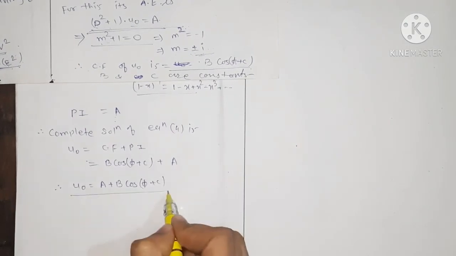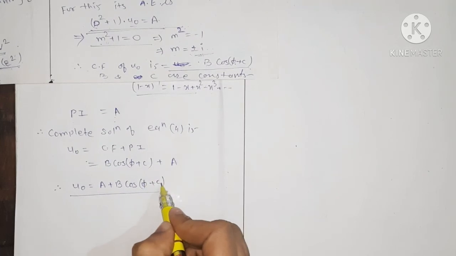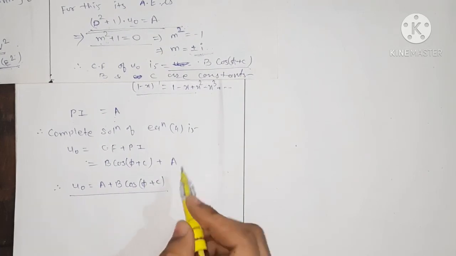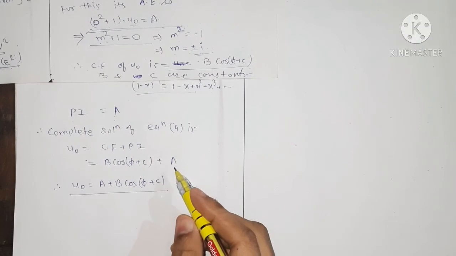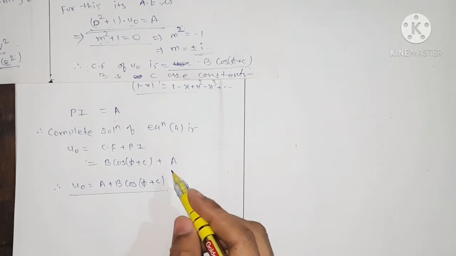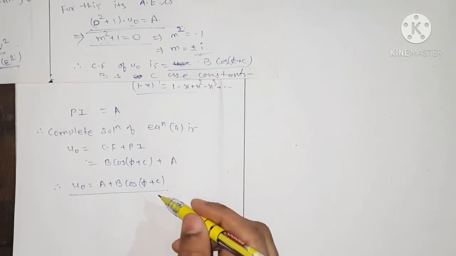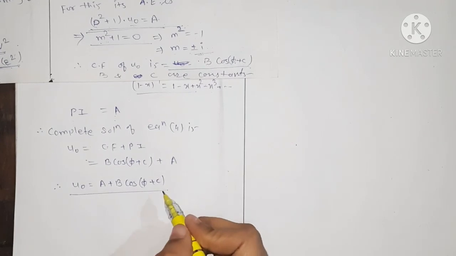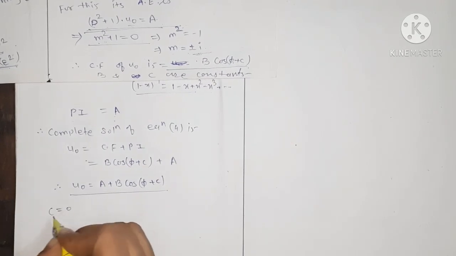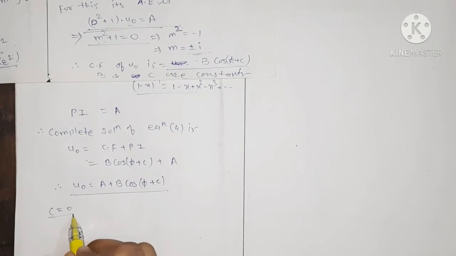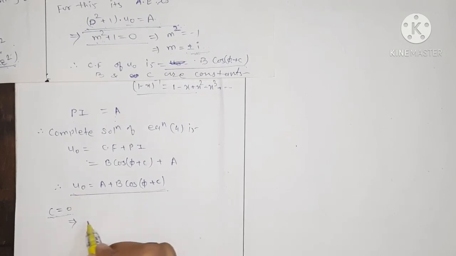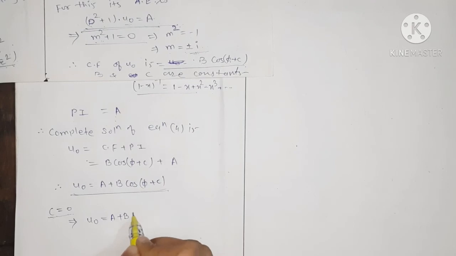Now this is our u0, right? Now if we rotate the axis, because Mercury is rotating in an elliptical orbit, when it has one complete orbit, then at the perihelion it also rotates its axis, that is, the axis around which the planet Mercury is itself rotating. So this rotation will give us c equals 0, that is, the appropriate rotation of axis gives c equals 0, the constant is equal to 0. Then this equation becomes u0 equals a plus b cos phi.